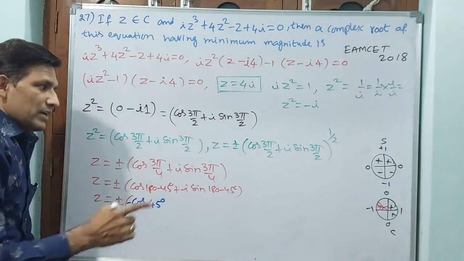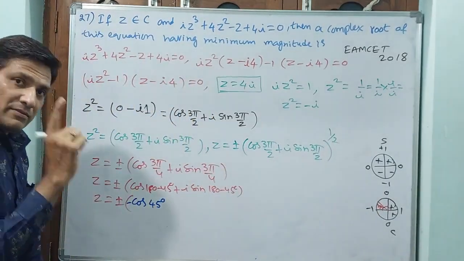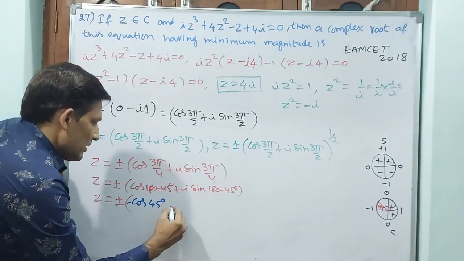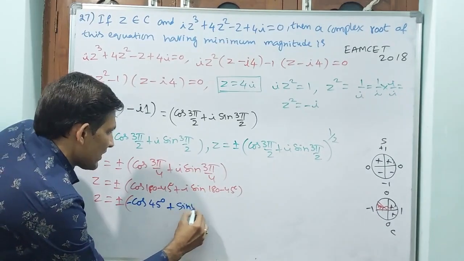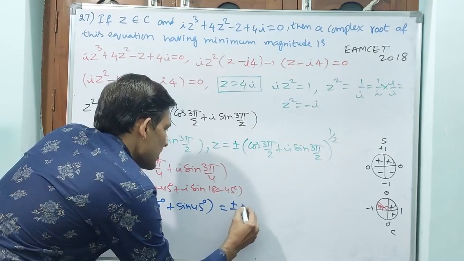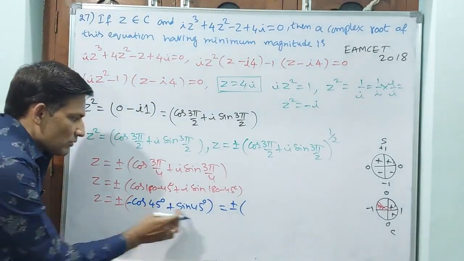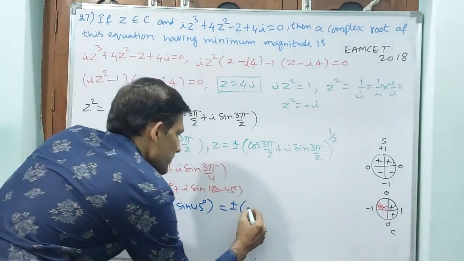Sine has the same value but plus, because in the second quadrant sine is positive. So sine 45 degrees. What is the value? Both are 1 by root 2, so minus 1 by root 2